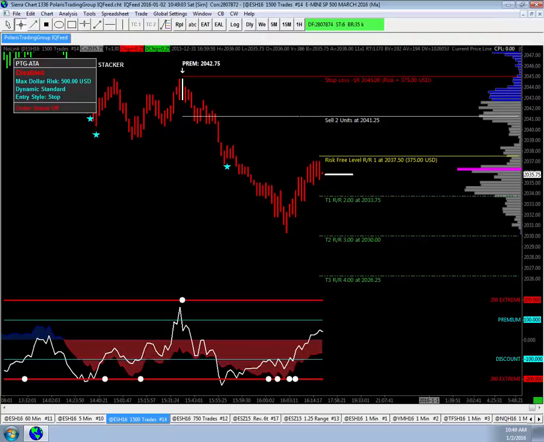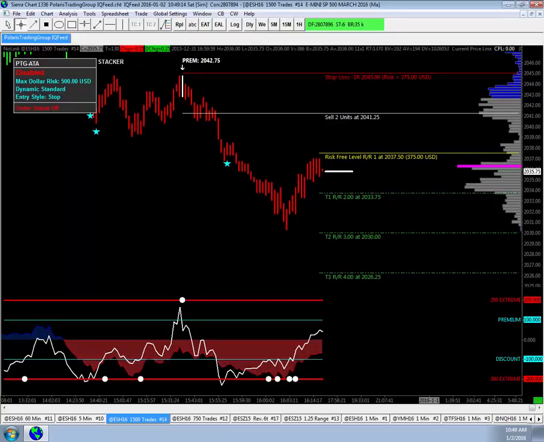It will automatically place a suggested entry. It will automatically place a stop point, as well as the risk-free. Again, that's the 1-hour value, and it will automatically, or dynamically, place target 1, target 2, and target 3, all based upon